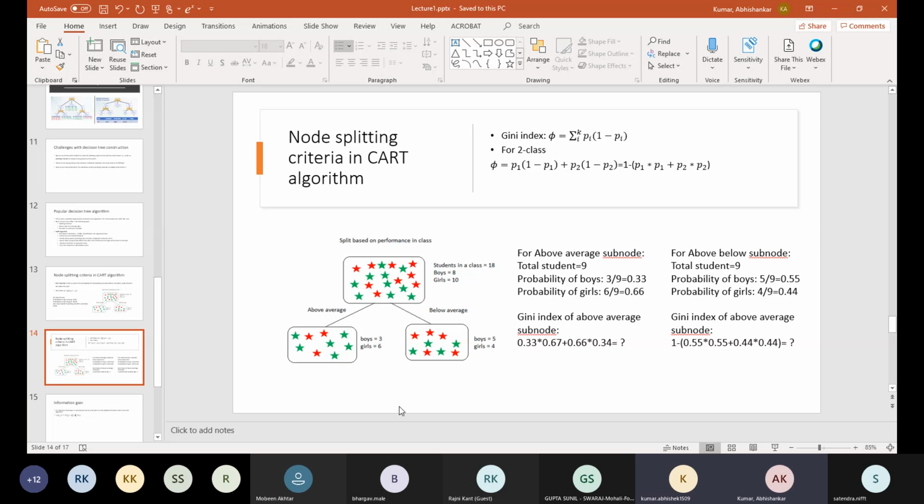Shall we stop here? Sir, I would like to say, please share the presentation for further revision. My plan is like this: we'll first go through this, and once I complete it, I will share all these slides with you. We have not completed some more things. If I share this now, you will be scared of this formula, where pi means probability. Let me complete it, then I will share the PPT with you.